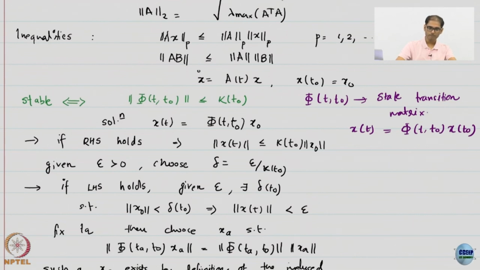In fact, the state transition matrix describes the flow for the linear system, because if you fix the t, it tells you how you map initial conditions, right, different initial conditions. I can take different initial conditions and keep multiplying with phi, and I get a flow, how my initial conditions are getting mapped. So this is just the linear equivalent of the flow. That is why you see similar notation getting used. There it was a small phi, here it is a capital phi. So what we say is the condition for stability is that the norm of this matrix is bounded by some function of initial time.